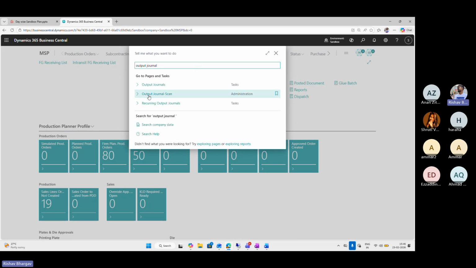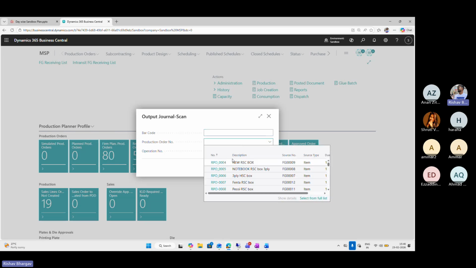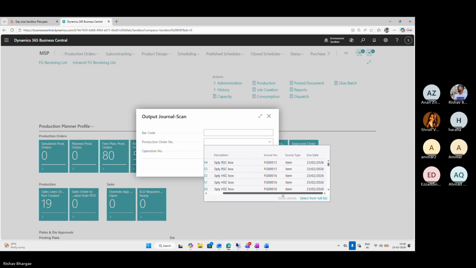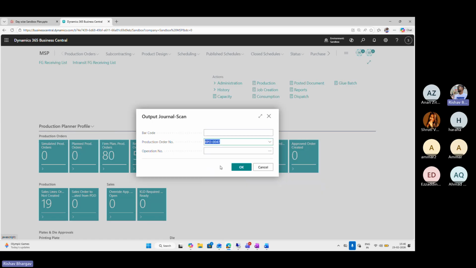And here you can see the output journal scan. Here you can scan the barcode, or you can enter the production order number manually. So for RPO number 47,